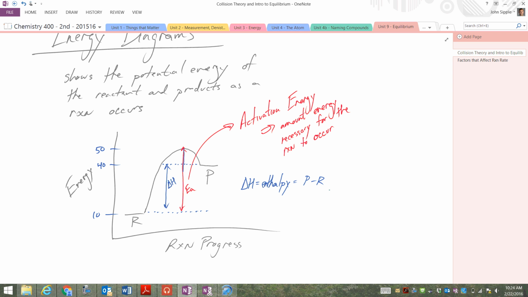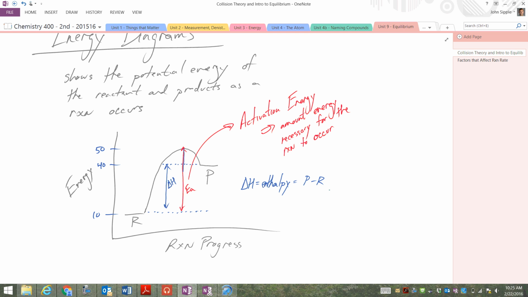You have reactants breaking down and forming into products. You have bonds breaking and bonds forming as you go from reactants, like H2 and O2, right? We have our two reactants, and when you did the rocket lab, you formed water as your product. So you have H2 bonds breaking and O2 bonds breaking, and then you have bonds forming between the H and the O. That's what's happening here. You're transitioning from reactants to products as you go, and we're just representing it graphically.